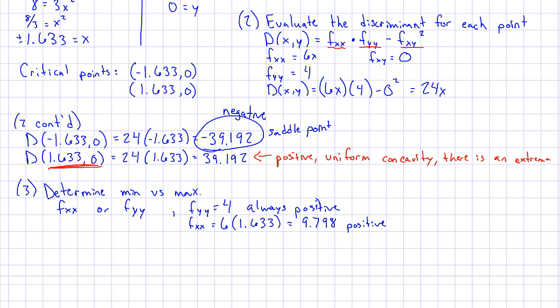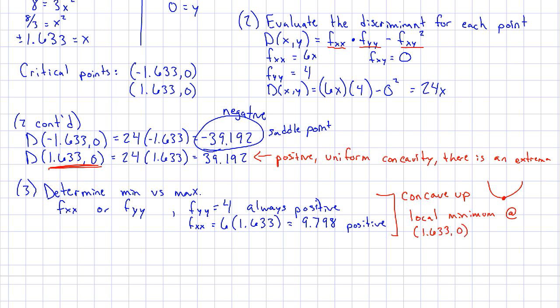So if it's positive, that means that I'm concave up. And a concave up function will correspond to a local minimum at the point